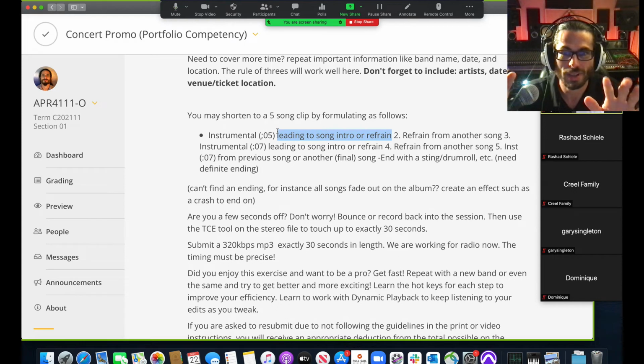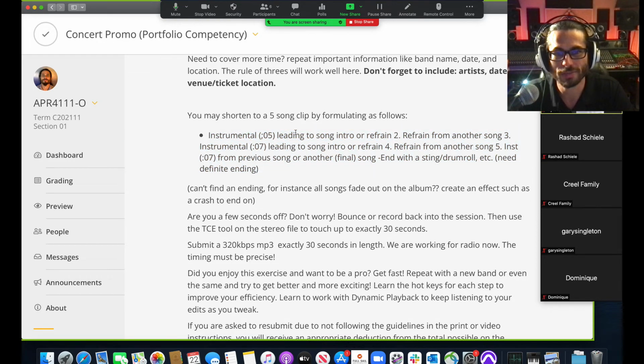So if you're just a casual listener on the radio, the part you know is the hook, the chorus, the part you can sing along with. So it's going to go instrumental, hook, hook, instrumental, hook, hook, instrumental, and then you're going to try to find